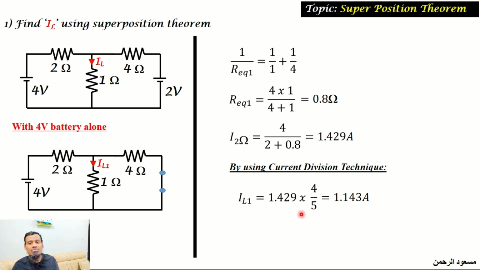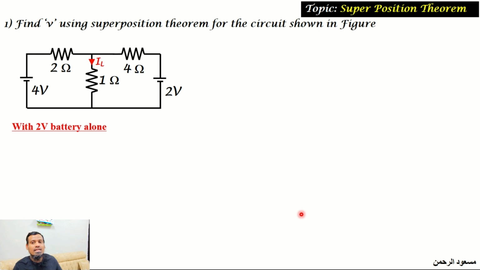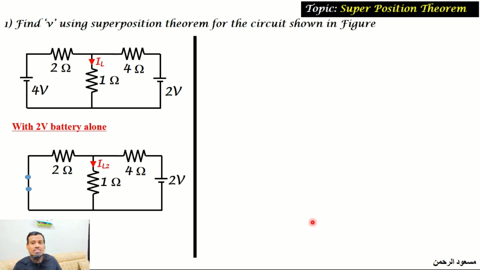So this is the current which we have calculated by considering only the 4-volt battery alone acting. Now we will take the network with the 2-volt battery acting alone. For which the circuit is this one, the 2-volt battery is considered, whereas the 4-volt battery is short circuited. By short circuiting this, we will have a parallel connection between the 2 ohm resistance and the 1 ohm resistance,